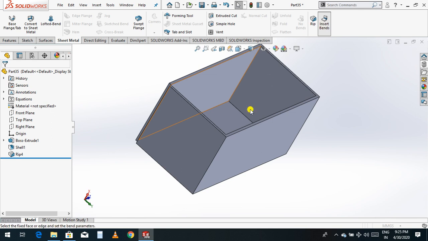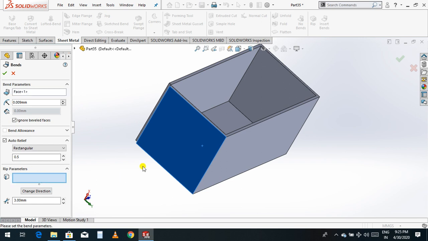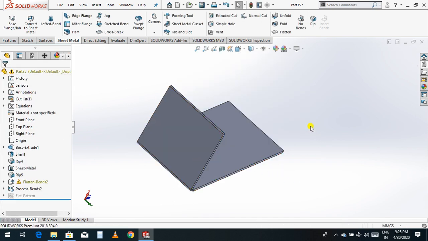Now insert of this face and rip this side, select OK. So this is the bend, and if you click no bend, it means apply rip on one corner and the second corner, and if you apply this insert bend, then the part will be like this. And if you click no bend, automatically all the part will become whole again.